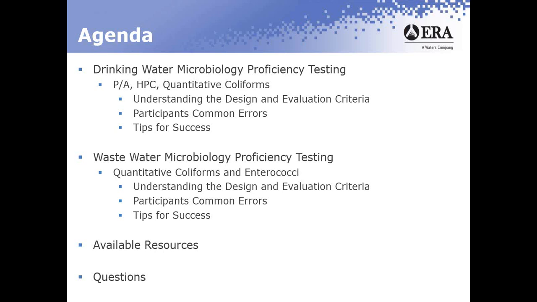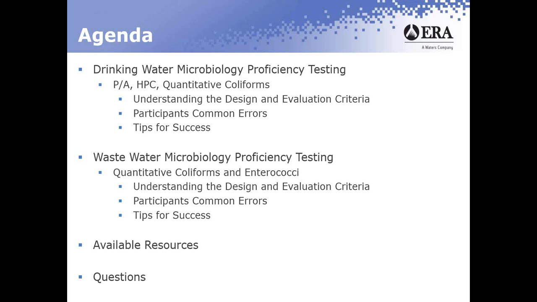So with the agenda today, we're going to go over drinking water microbiology, and we're going to specifically cover the presence-absence sample, the heterotrophic plate count sample, and the quantitative drinking water coliform sample. And under each of those, we're going to go over the design and the evaluation criteria. We're going to bring up some of the participants' common errors, and then we're going to give you some tips